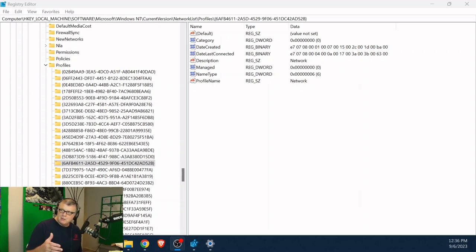But then subsequently, whenever you plug in that device, you don't see that anymore, because the registry is maintaining a list of those USB devices and their drivers.